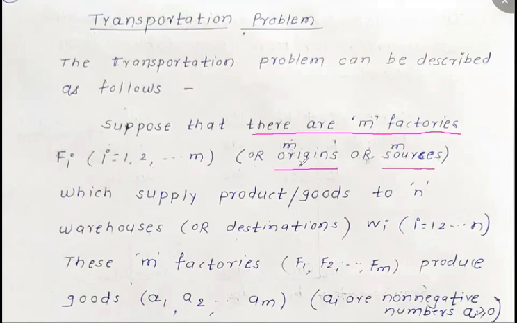So there are M origins, M sources or M factories